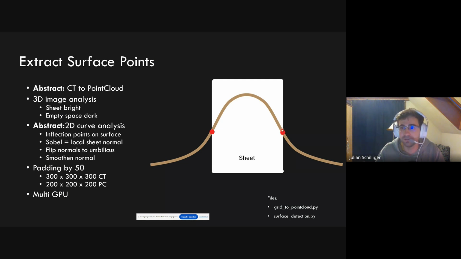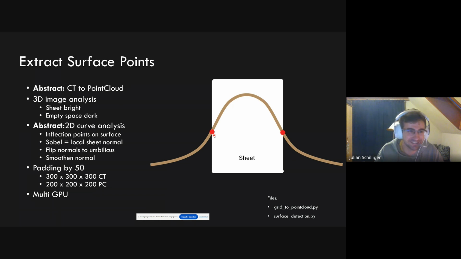So let's say here's the front and the back. You see the first derivative here is at the maximum and here at the minimum. And then the second derivative is both times 0. So you actually even can distinguish front and back side by which sign the first derivative has at this point. You can just threshold the first derivative over a certain threshold, the second derivative close to 0, and that's how you can extract those points. To go a little bit more in detail, to have it a little bit more technical